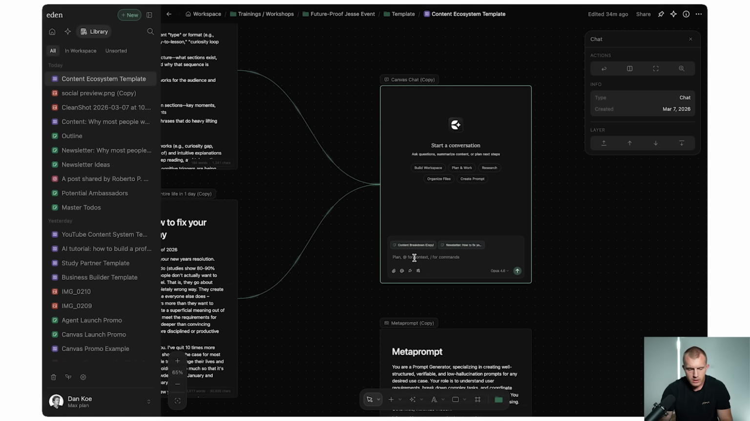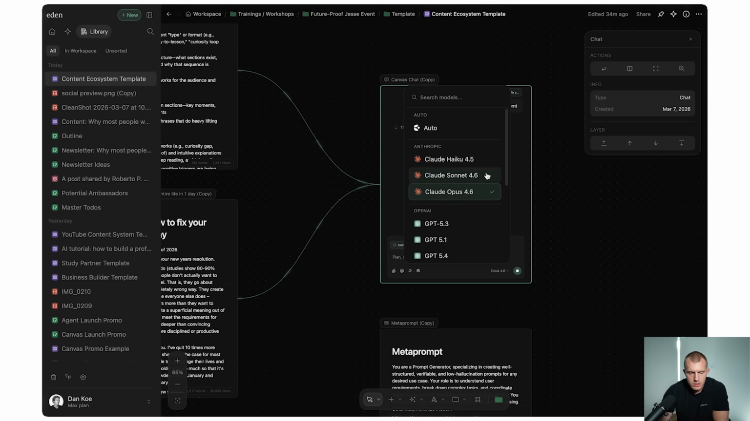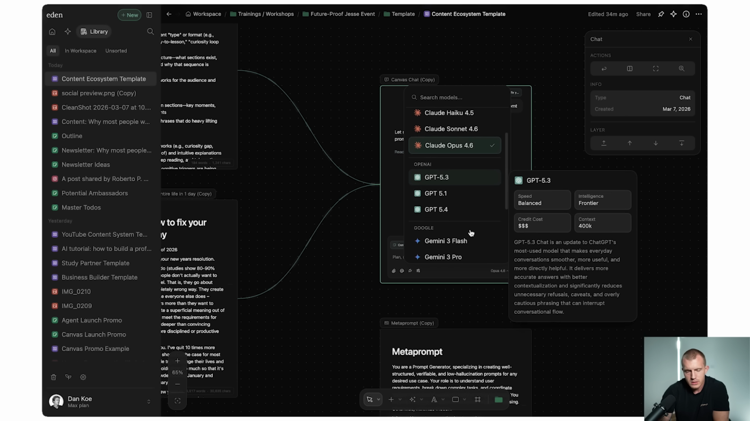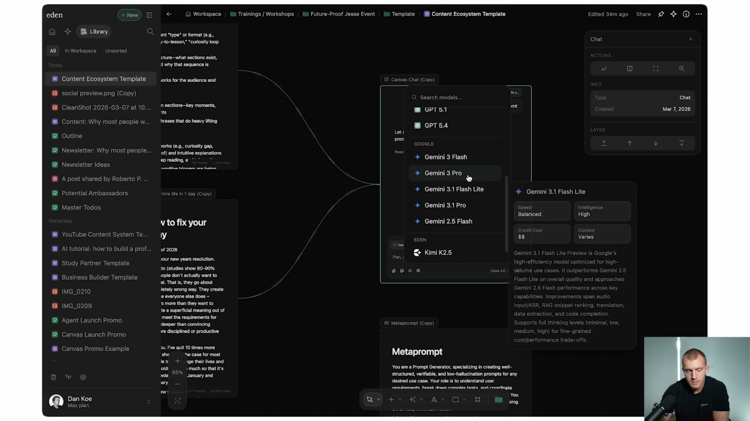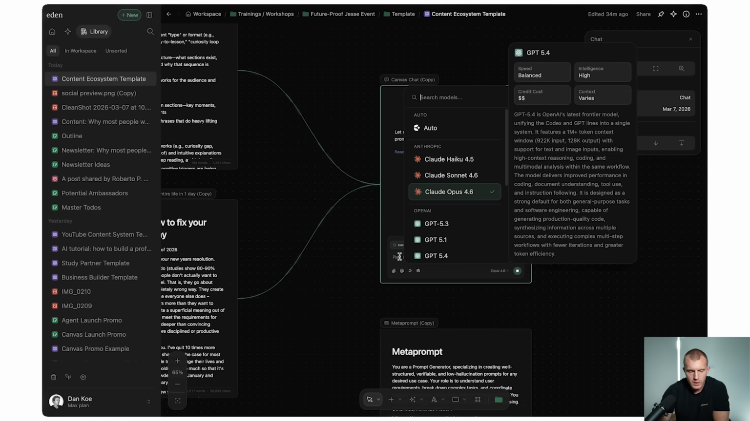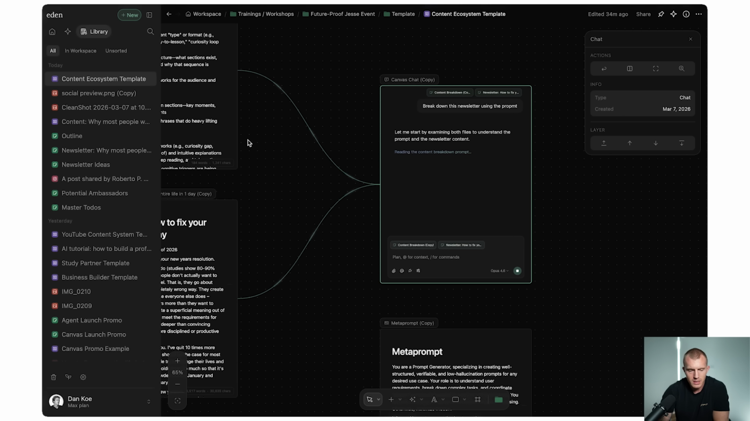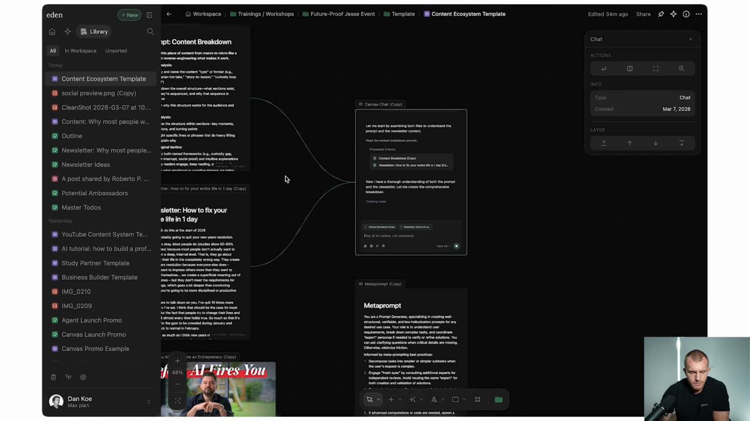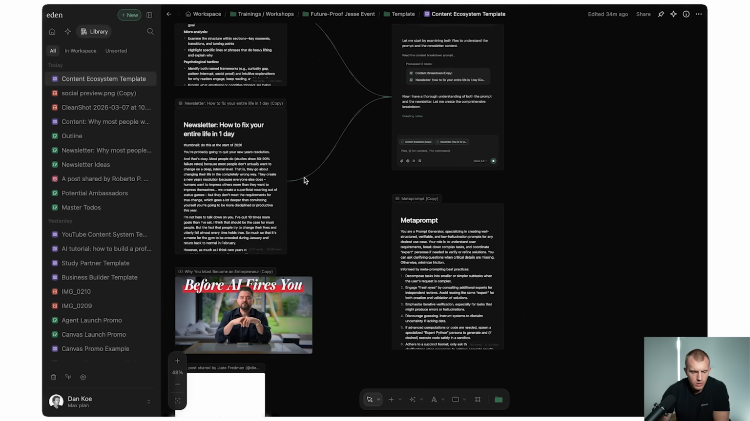So what I can do here is just say, break down this newsletter using the prompt. But you can use any model here. Just know that Opus 4.6 and Claude Sonnet are going to be kind of expensive. If you're okay with that, then do it. You can use any other model in here and it'll probably break it down just fine because the prompt is good. But as we're waiting for this breakdown, and it's creating a note for us that we can open,